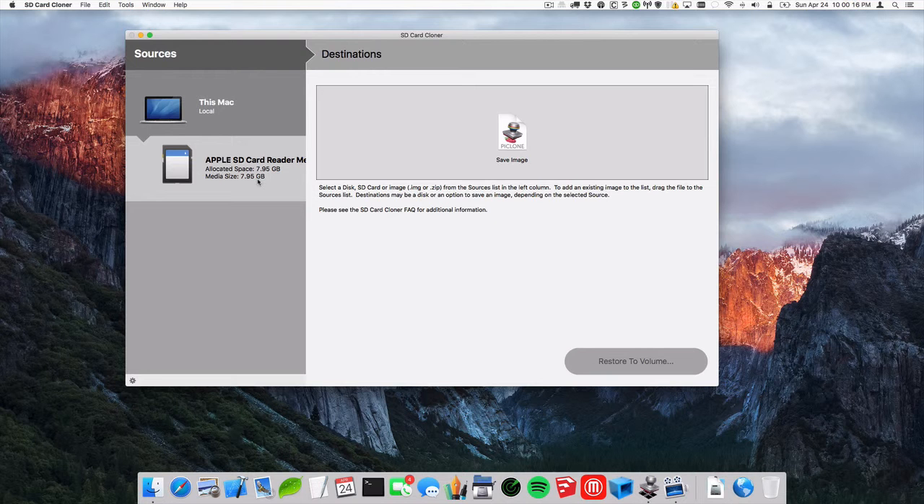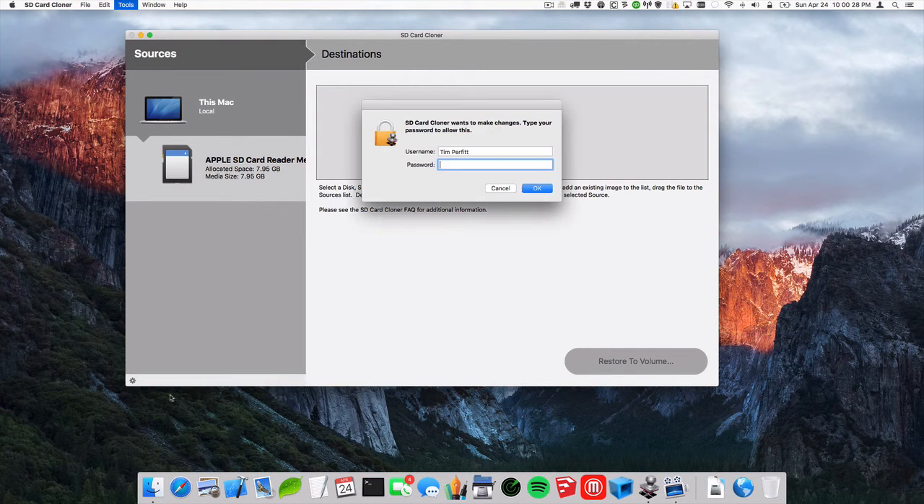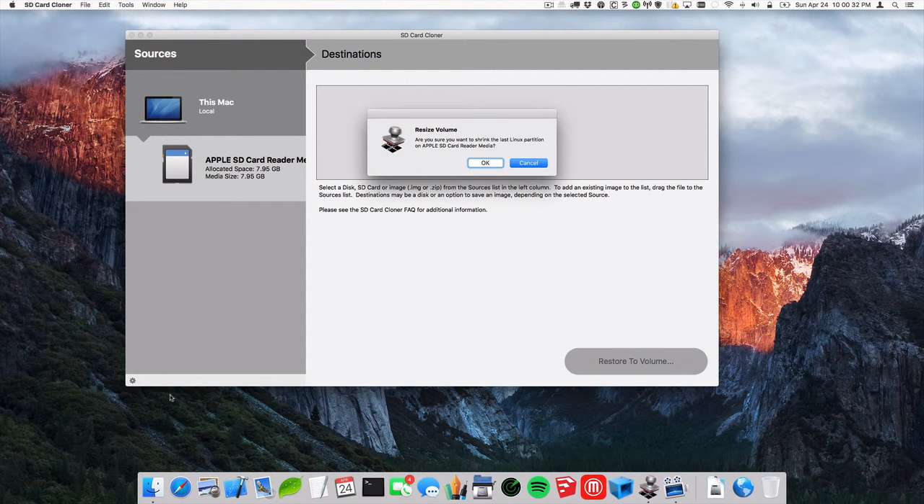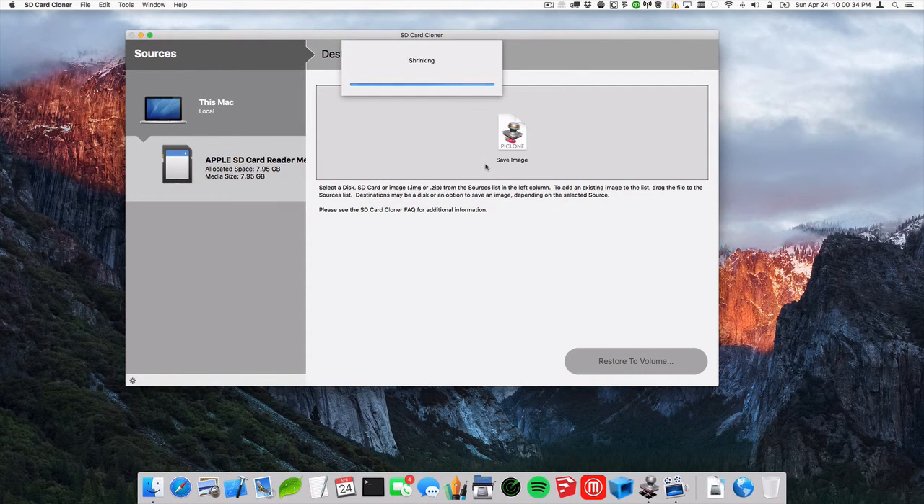So the way that we do that is I'll select the SD card that I want to shrink the file system on, go down to the gear menu here, and select Shrink Last Linux Extended Partition. When I select that, it'll prompt me to make sure that I'm an administrator, and then it'll ask if I want to do that, and I'll say OK. What SD Card Cloner will do is look on the SD card and see if the last partition is a Linux extended partition. If it is, it'll do a full disk check on it, and then it'll go and